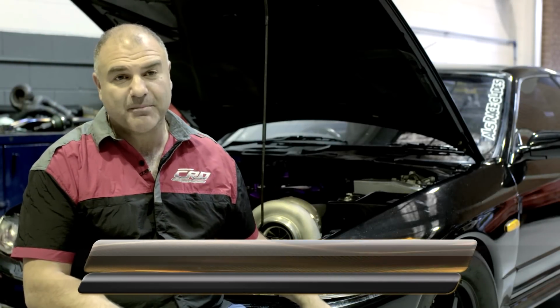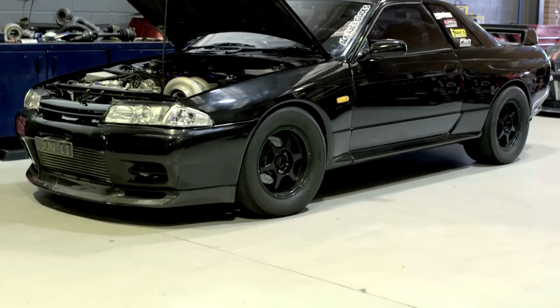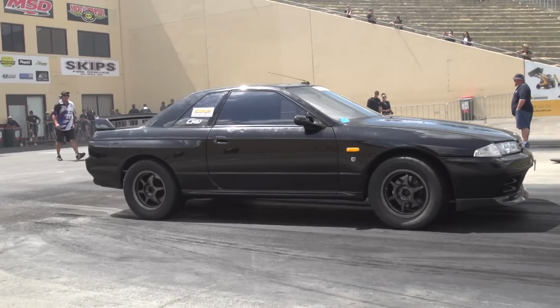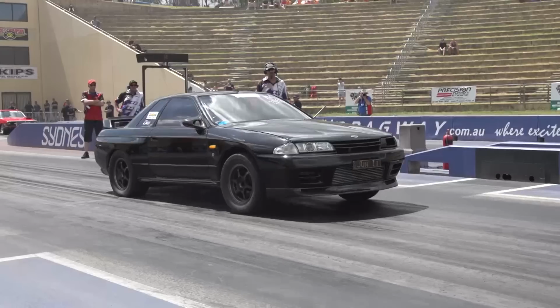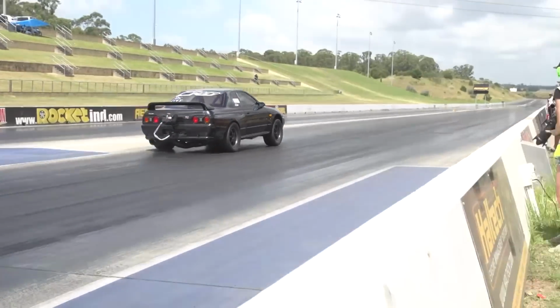So the car came off the road in 2012. We went on this journey to run a 7-second pass. The car first, I think, got put together in 2015, and in February, we went out to Jamboree. That was the first time out, and it ran an 8.9. To us, we thought, wow, here we go, it's going to be easy, but from there on, it